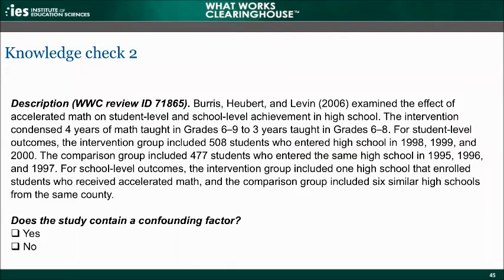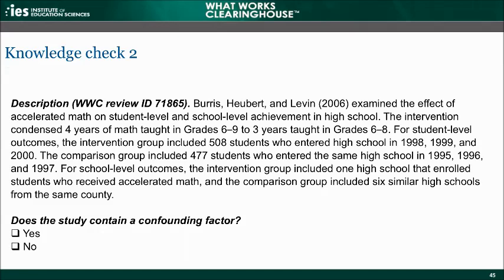So in this one, and it's purposely a bit more involved, so we'll give you more time to reflect on this one and to respond to the poll. Burris, Hubert, and Levin examined the effect of accelerated math on student level and school level achievement in high school. So we're looking at the intervention effects at 2 levels. The intervention condensed 4 years of math taught in grades 6 through 9 to 3 years taught in grades 6